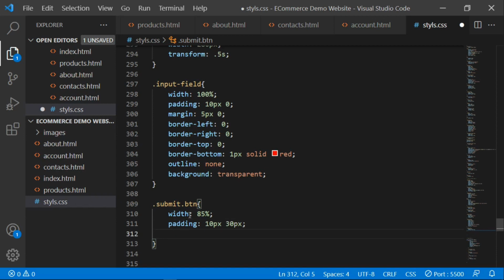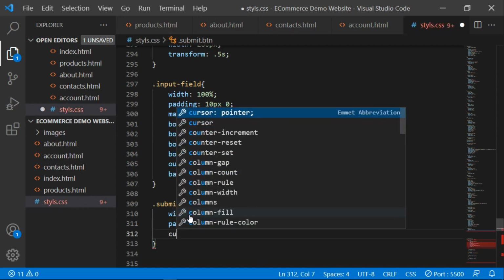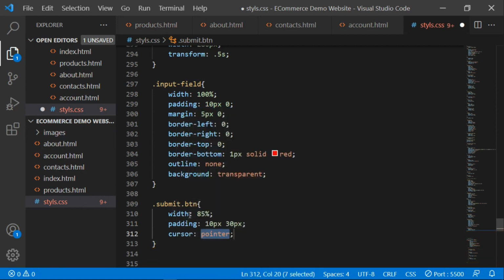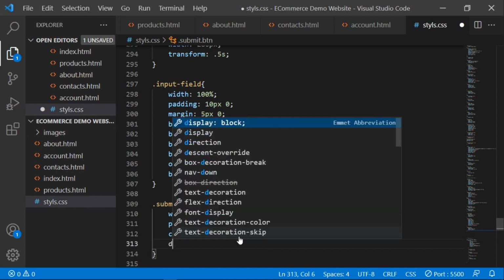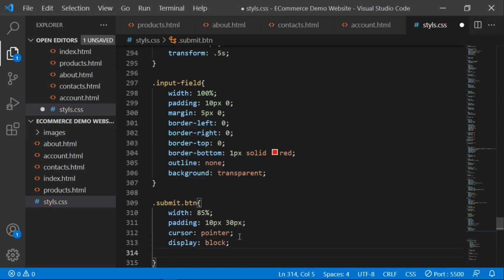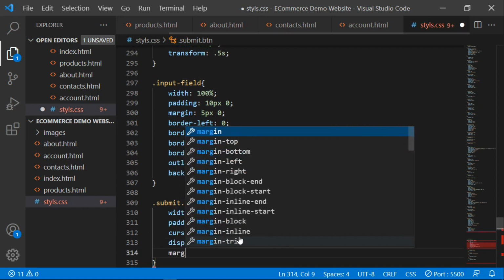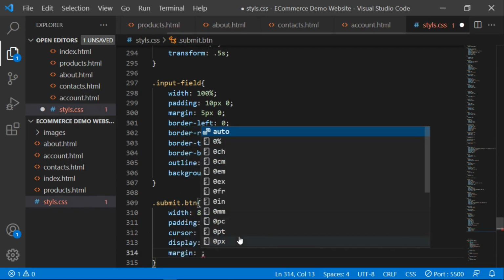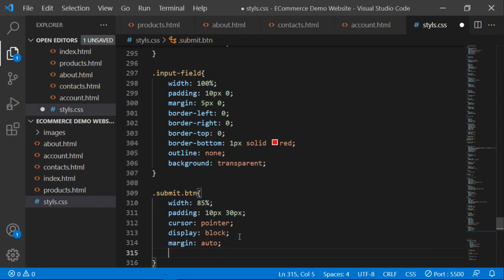And then another property, I'm going to give it a cursor pointer. Remember, it's a button and a cursor pointer, and then I'm going to make it display block. Okay, sorry guys. Remember, you close this declaration with what? With the semicolon, and then I'm going to say display to be what? Block. And then I'm going to give it the margin auto, and then the background